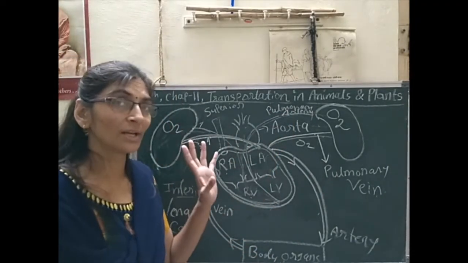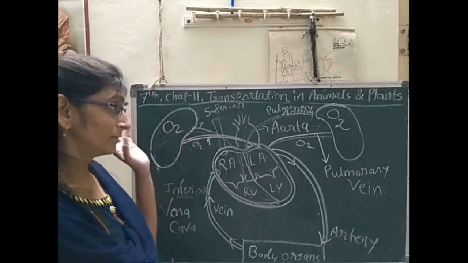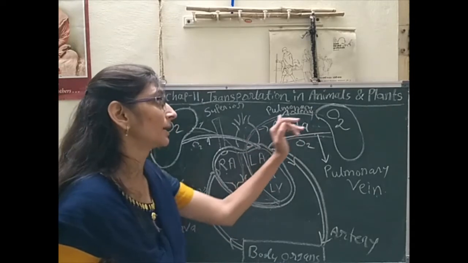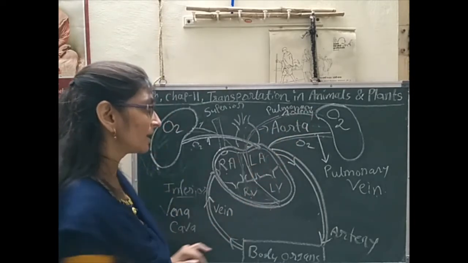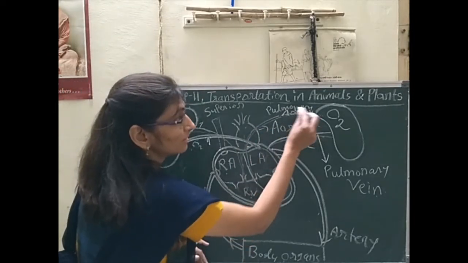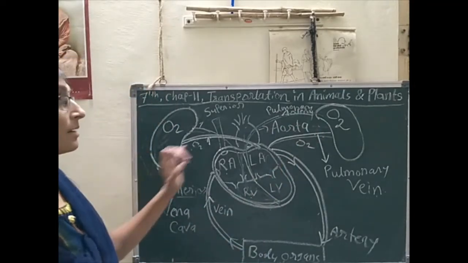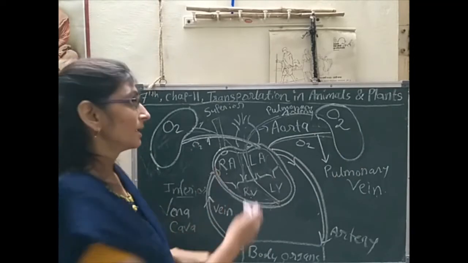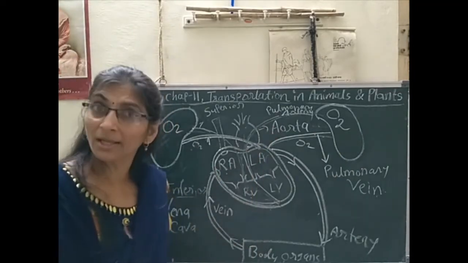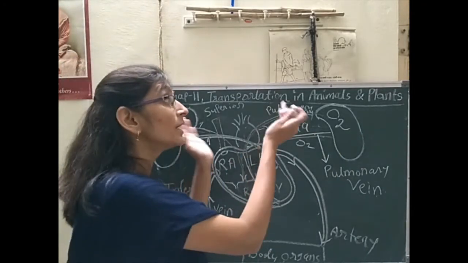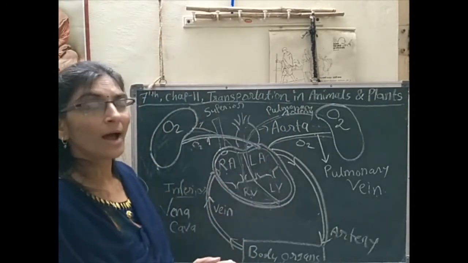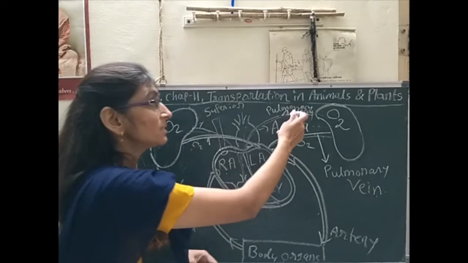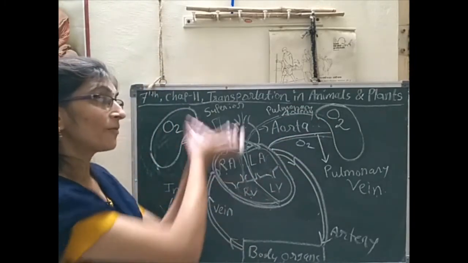So is this a contradiction? Yes. Though deoxygenated blood is carried through this artery, still it is known as the pulmonary artery. ये है ना, ये आर्टरी डिऑक्सीजनेटेड ब्लड कैरी कर रही है, फिर भी उसको पल्मोनरी आर्टरी बोलते हैं. Why? Because blood is flowing away from the heart. As per the rule, it is the pulmonary artery, away from the heart.